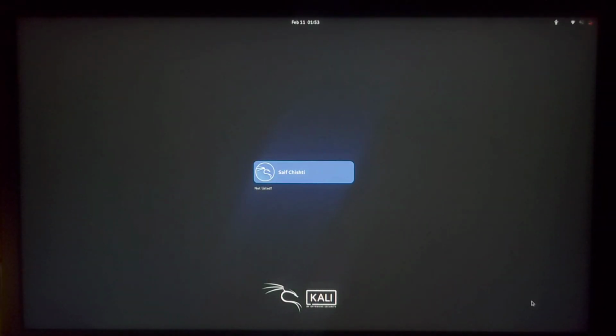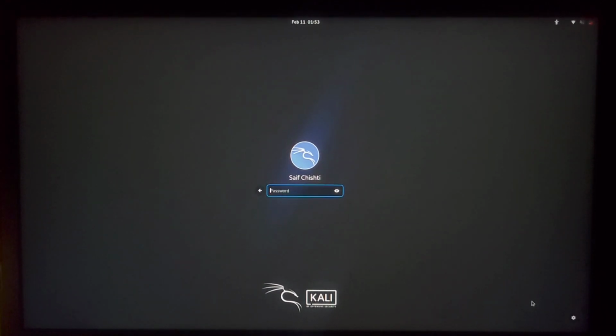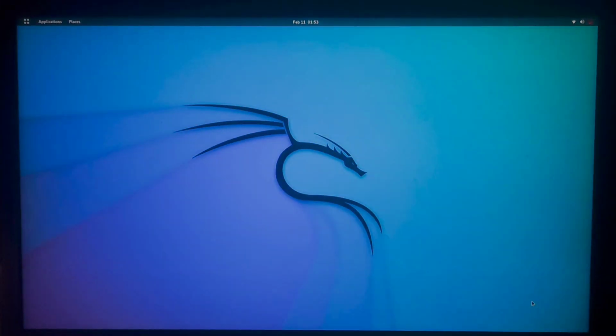This is my profile. Click enter and type the password that you created during the setup. Type the password and click enter. And this is the main screen of Kali Linux.